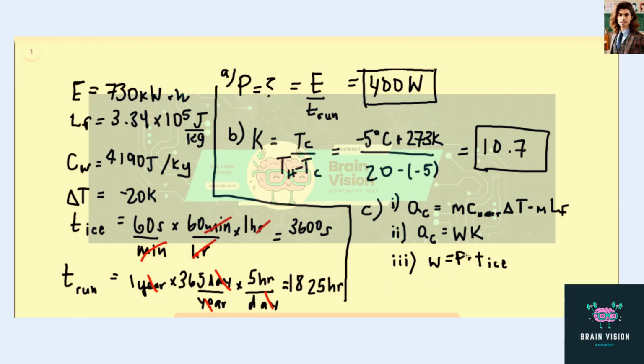Then if you plug that in, you get QC is P T ice times K. And then if you plug this in here and you algebraically manipulate it, you get mass is equal to P T ice K divided by